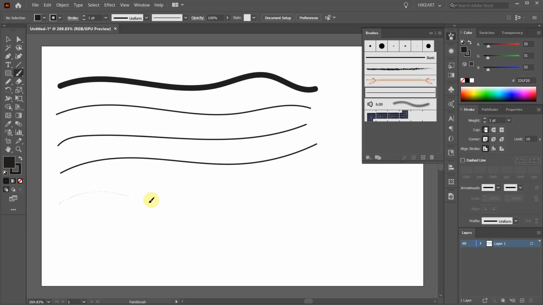If you would like to learn how to save a custom brush for future use, please check out my previous